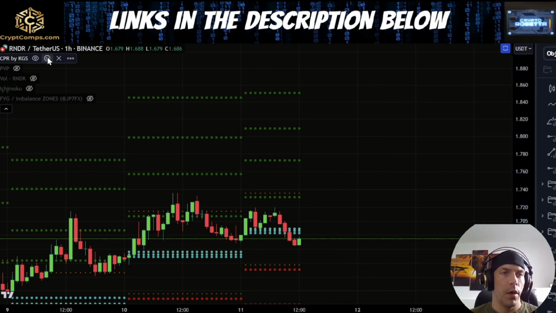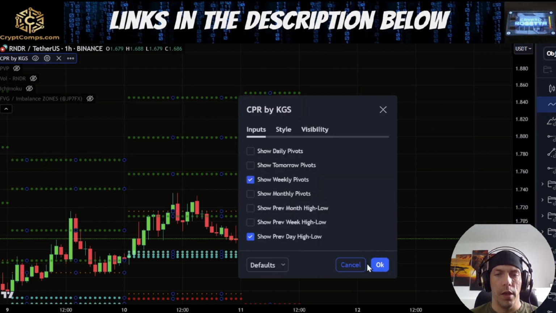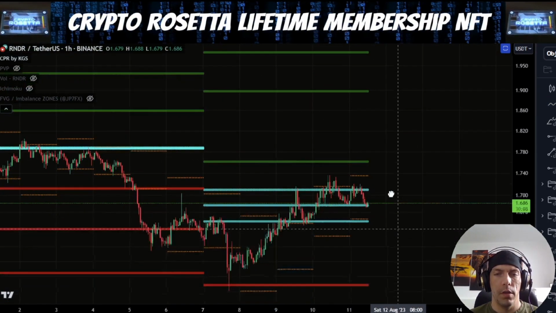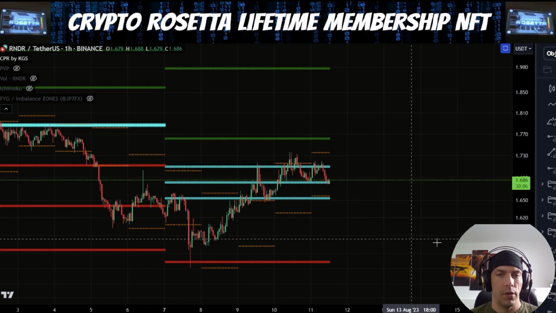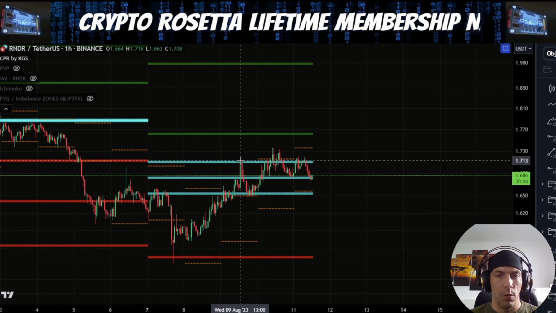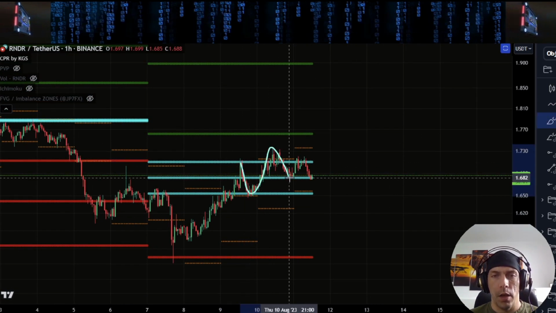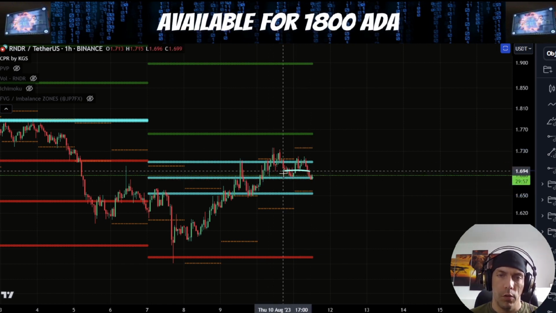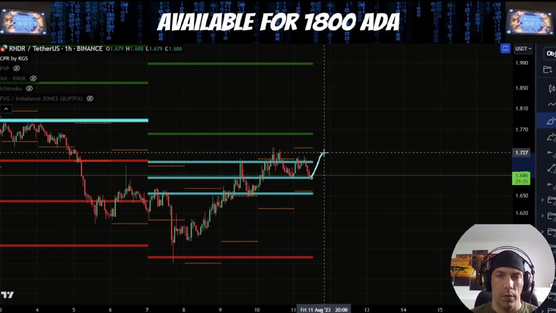Now, if we go ahead and move over here onto the weekly pivots, what we can see is that we have actually come from underneath these weekly pivots, and we are currently sitting within them. We did bounce off of the lower line here, and we've actually found support temporarily on the central line. If we see price continue to hold this level and we start to move back to the upside, the next